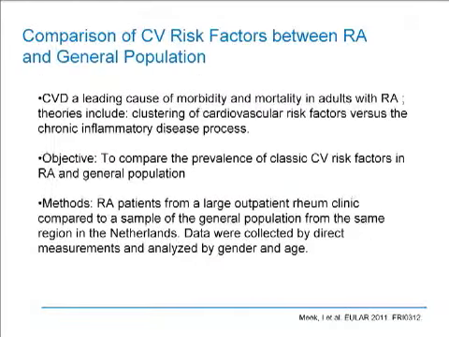Our first abstract is looking at the comparison of cardiovascular risk factors between patients with RA and the general population. Many theories have included either the clustering of cardiovascular risk factors in that particular group versus a high-grade chronic inflammatory disease process as the driving force. So the objective of this abstract was to compare the prevalence of the classical cardiovascular risk factors in RA to the general population. They looked at a large outpatient rheumatology clinic compared to a sample in the general population from